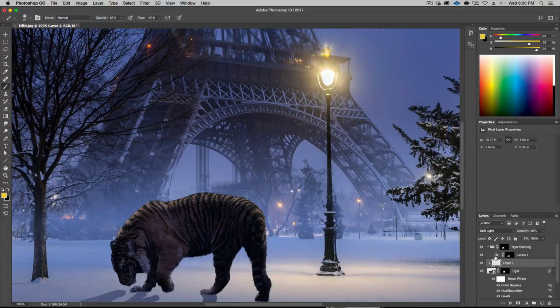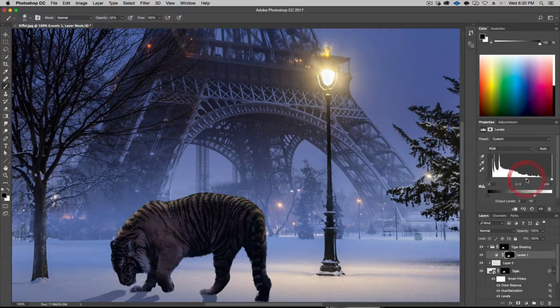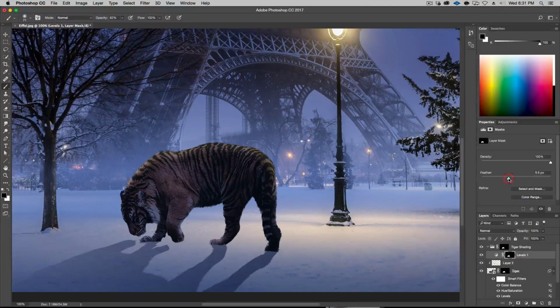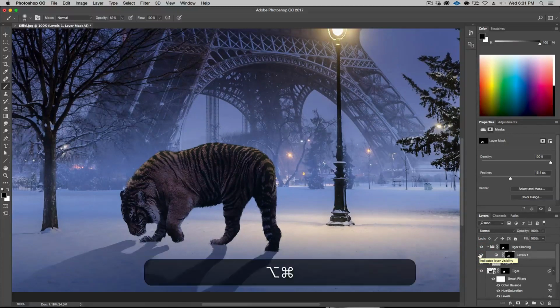So the shadow is definitely darkening it quite a bit. I might go in here and just bring that back a little bit. Maybe a little too strong, but it really helps the idea that there's a shadow here. I think it's a little too strong, so I'm going to soften that edge so it's really nice and soft there, like that. It's pretty good. Okay, I like that. Before and after, pretty good.